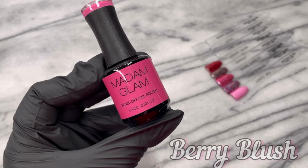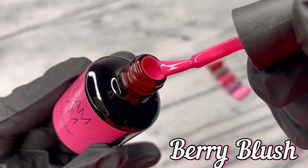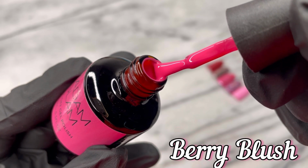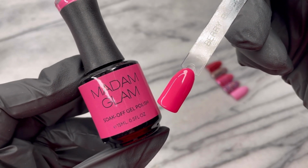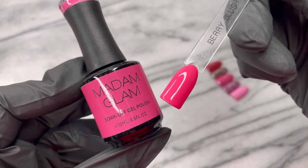But these cream colors are so beautiful. This berry blush, by the way, reminds me of Candy Pop. It is so darling, and it just reminds me of like if a fairy was blushing. So as I go through the rest of the swatches, I wanted to read the write-up for Amour Tints, February's